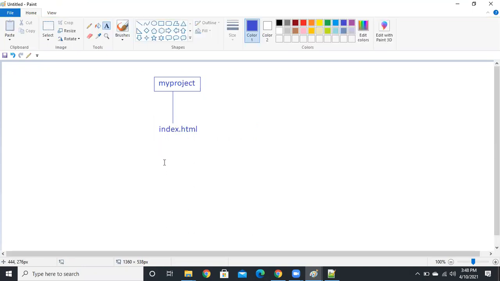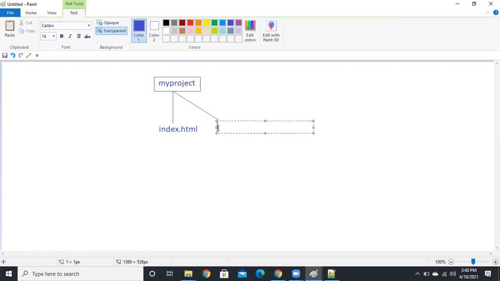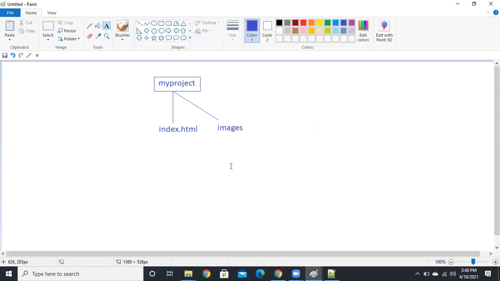For this index, if you have any images related to your project, we need to create an images folder and keep them all in this folder. And in your project, if you have any CSS files, JS files, fonts, or remaining pages, we need to create separate folders. If you open your project, you should get only one main file, index.html.